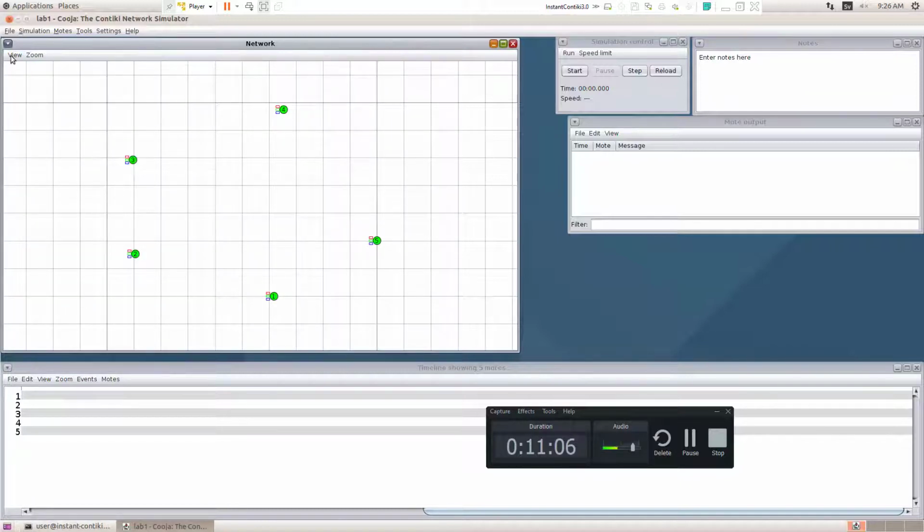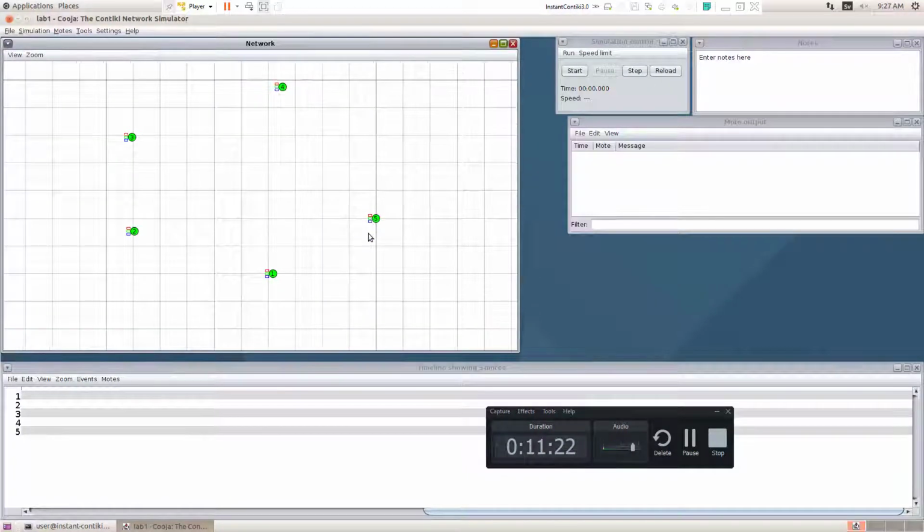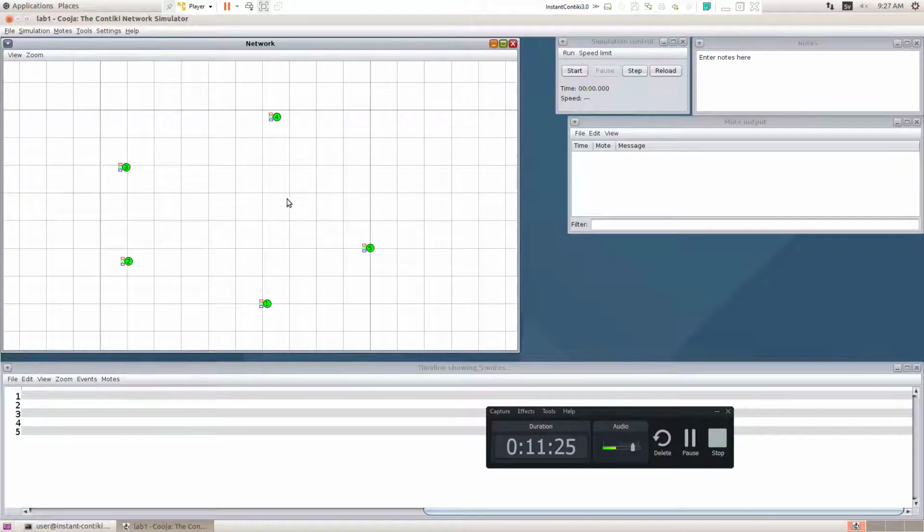Okay, so this is the last one, the radio environment. Then code is a program. So you can just click the program or you can just disable it. So these are the basic things you must know here in the view options. Now almost all the nodes are ready. Okay, now we have to start the simulation.